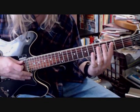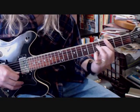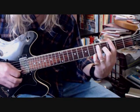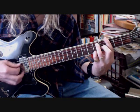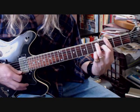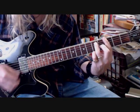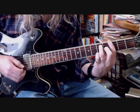Okay, G7. And then use your pinky to fret the A, on the 5th fret of the 1st string. And then he's going on and off with that pinky on the A. Okay, and the